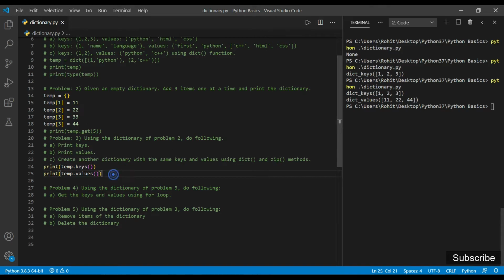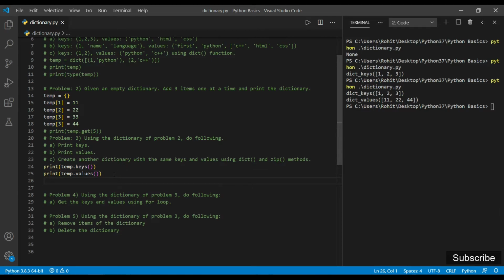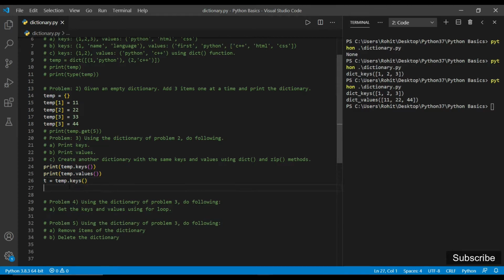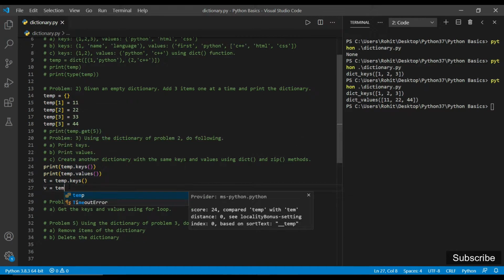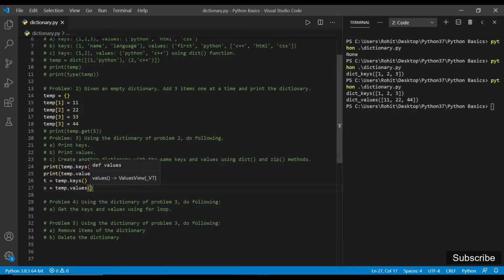So first of all we have to store the keys of temp in another variable, let's say t, and we write temp dot keys. This will store all the keys of the variable temp inside t. We have to use another variable here; I will be using v, and I will store all the values of temp inside variable v.